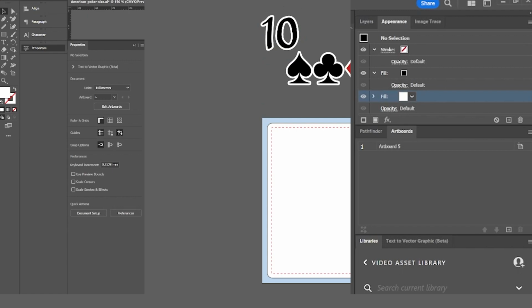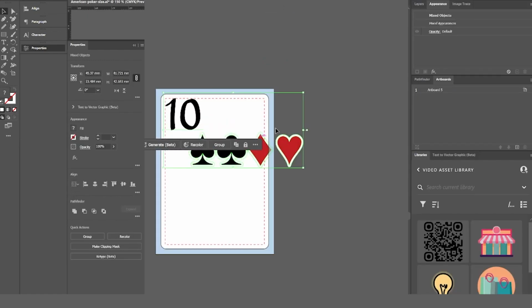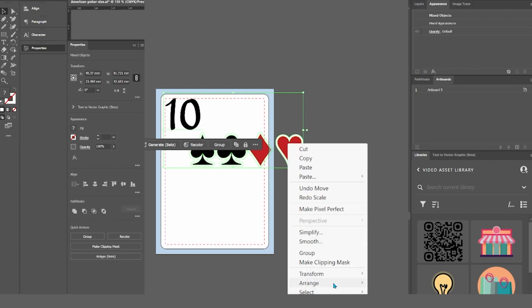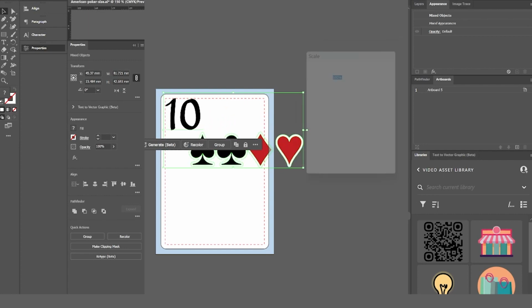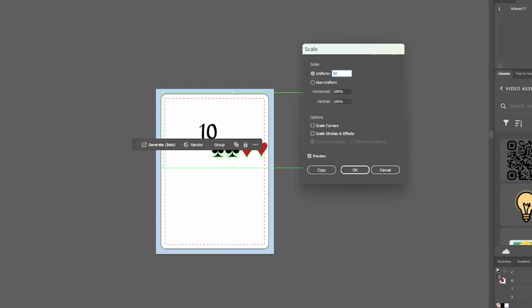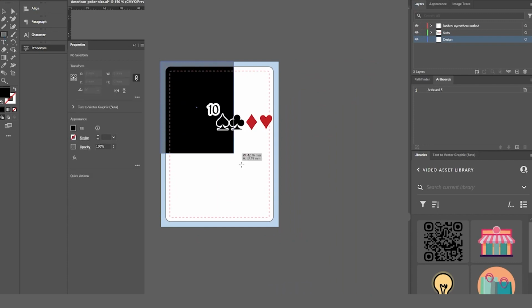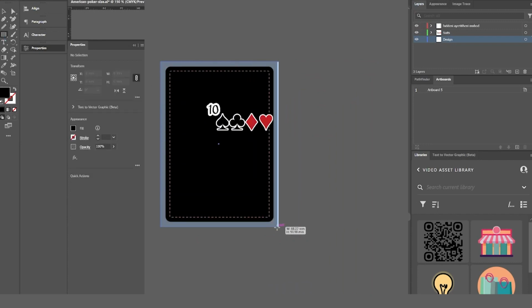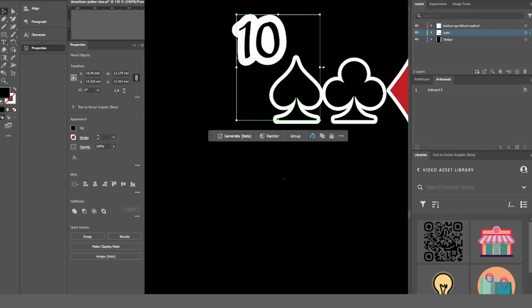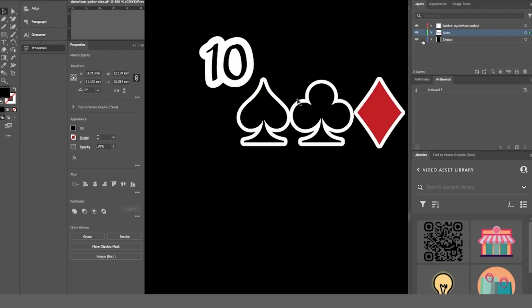I use the transform approach, but you can also just hold down shift and resize by dragging from the corners. Here I'm adding a rectangle that I will use as a clipping mask for images, but for now I'm using it so that I can see the white outline to place the numbers and the suits in the corners of the cards. I'm just grouping these shapes together so that when I move them, they will move as one